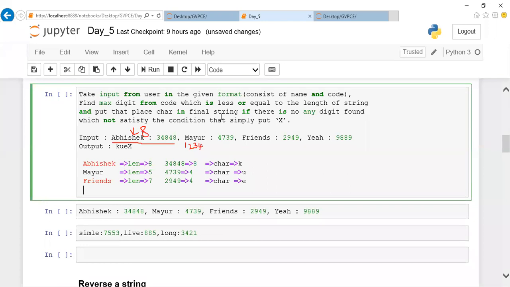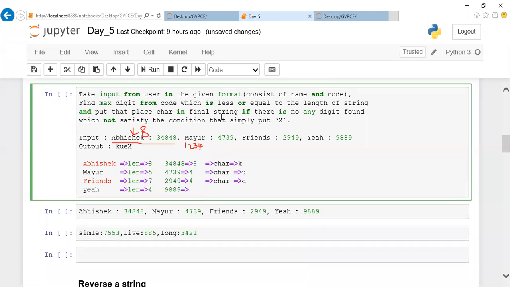The same way the last one. So the length of the string is? Length of the string is 4. Okay, so the value given here is 9889. Could you find any number which is less than or equal to the length of it?